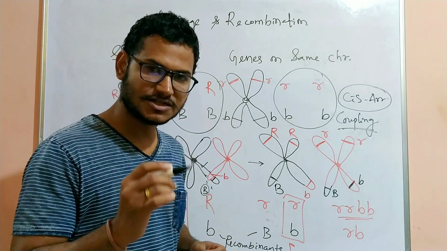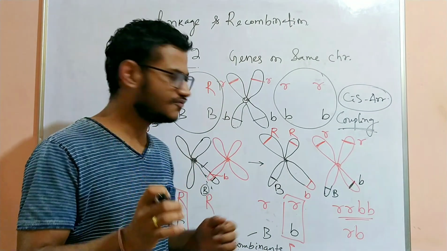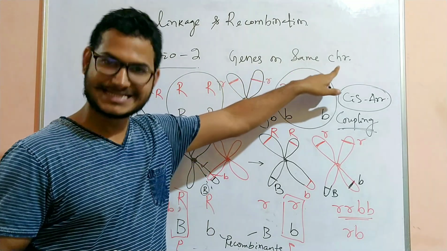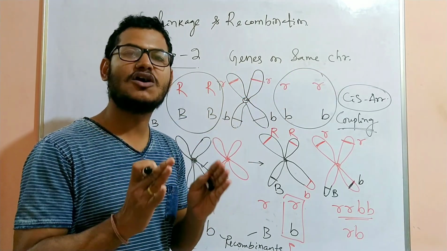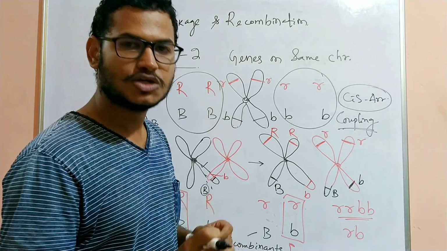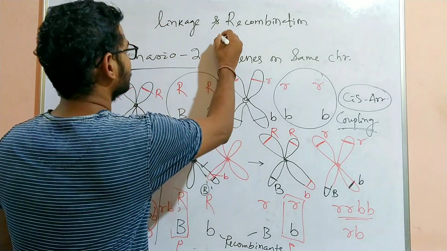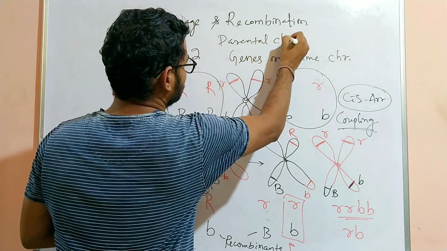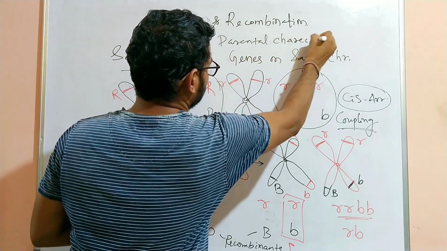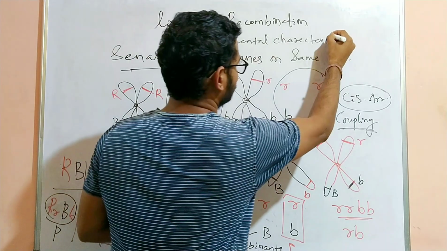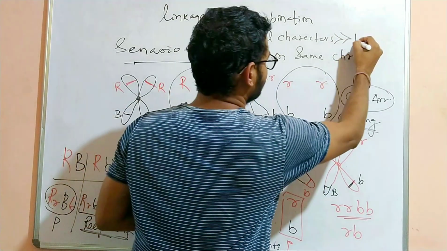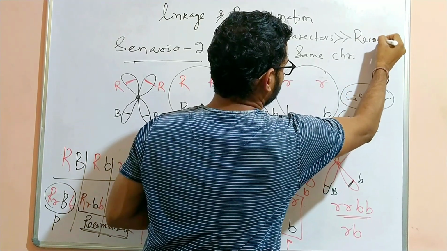So here, as the frequency of crossing over is very less, as the genes are located on the same chromosome, the frequency of crossing over is very less. So the parental characters, in this case, are seen in much higher percentage than recombinant